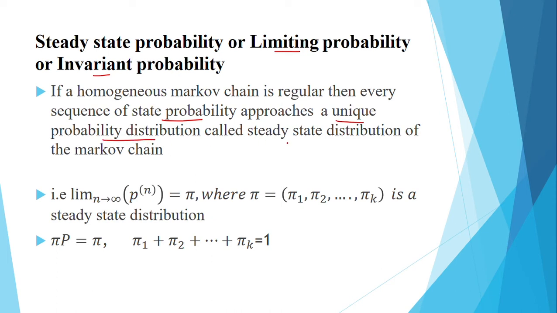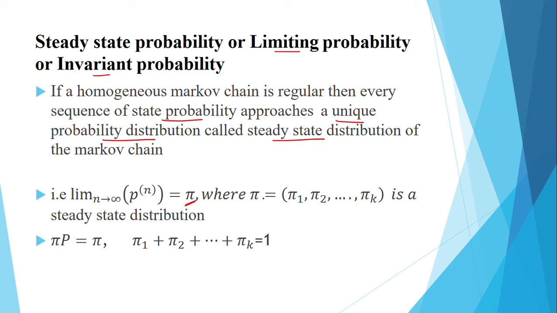That unique probability distribution is called the steady state distribution. That is, as n tends to infinity, the limit of the probability distribution at the nth step approaches a unique value pi. This unique value pi is called the steady state probability distribution,